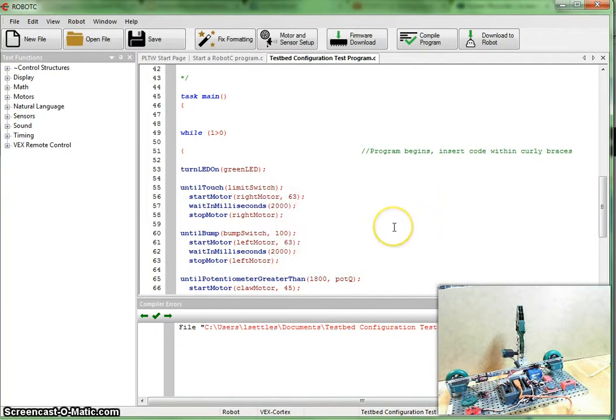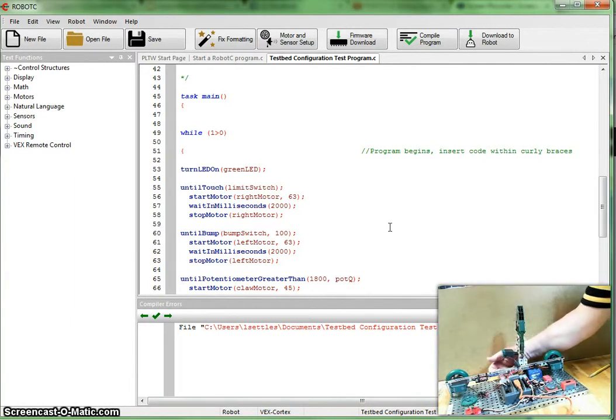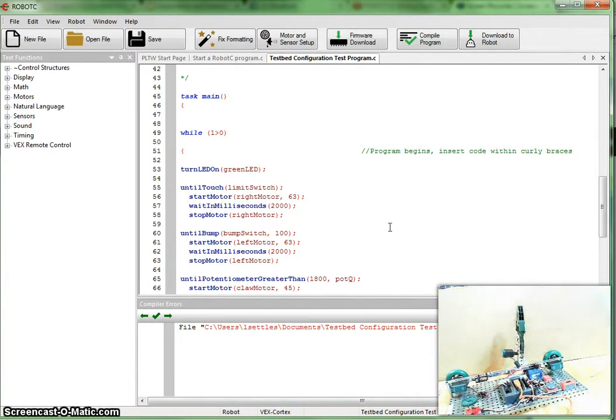And if I needed to adjust any items in my code, I could do that and resave it. Whatever I needed to do, I could go about at that point, working with my program or working with my robot. When I'm finished running it, I want to be sure and power down my robot just to save my battery. And that's a short introduction to connecting a robot to your computer and running a program